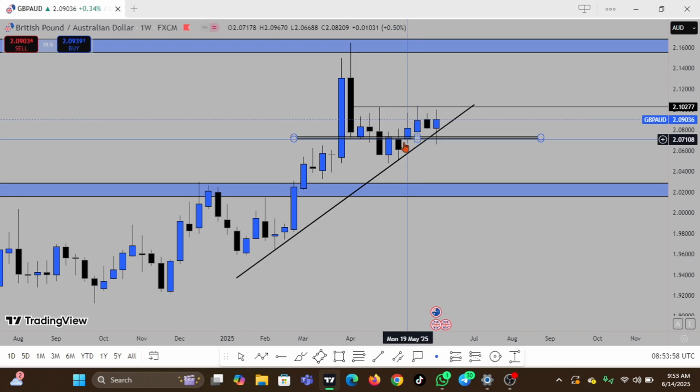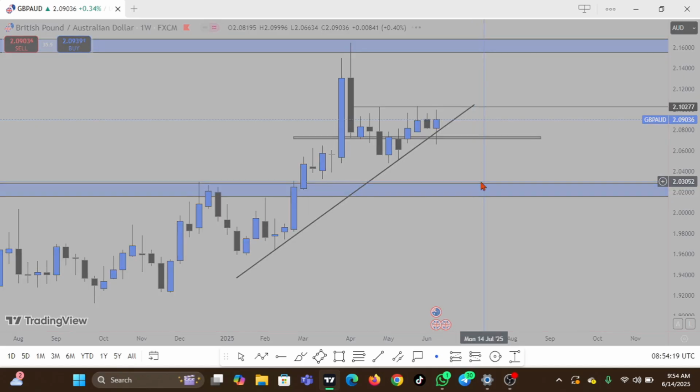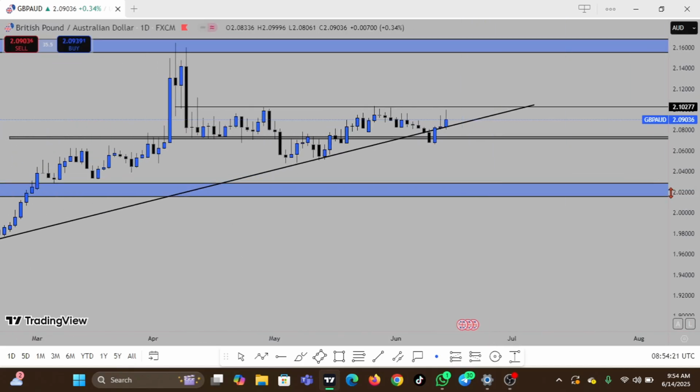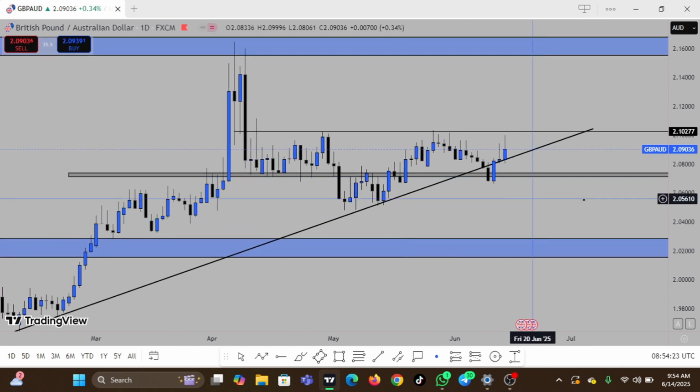If you remember our last video, I said if price should push back to this zone and tap into it, we are already going upward. Actually, I didn't take this opportunity because the candlestick that formed is just too long for me to enter that trade. So if you go on the daily chart,